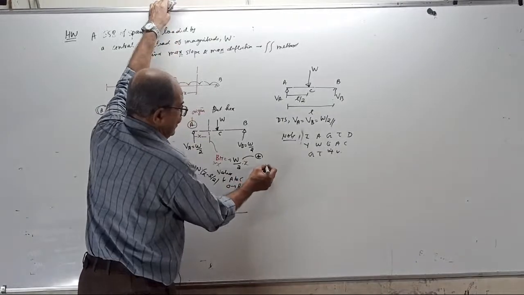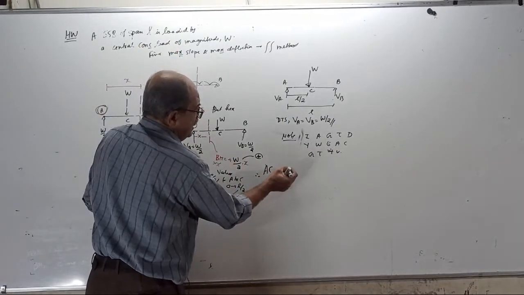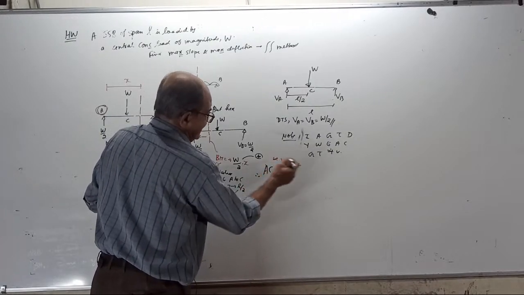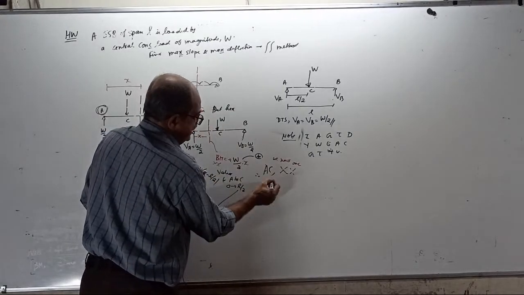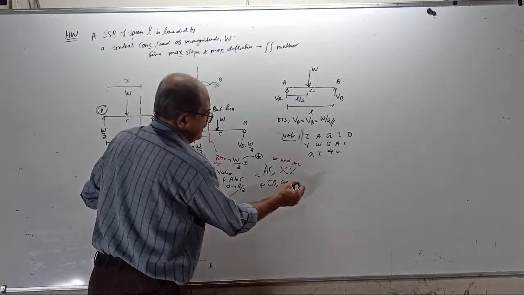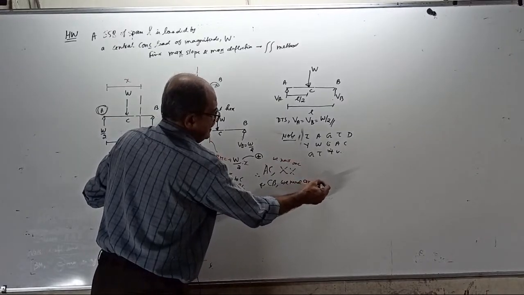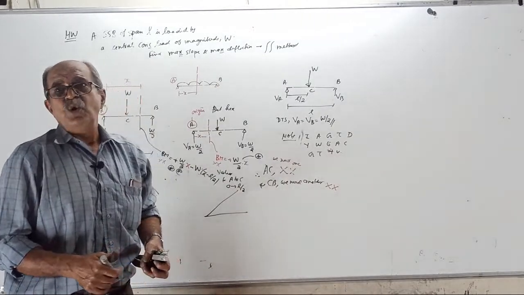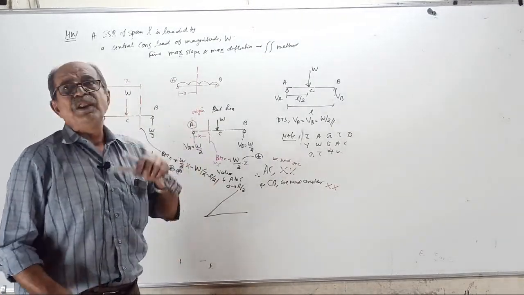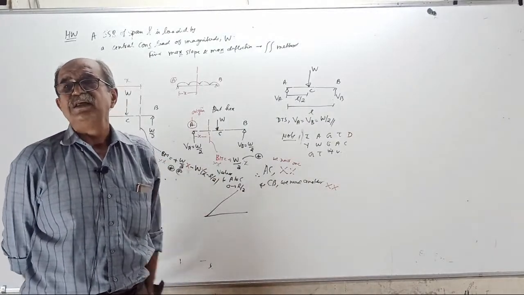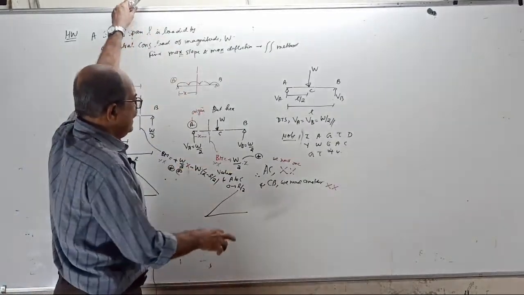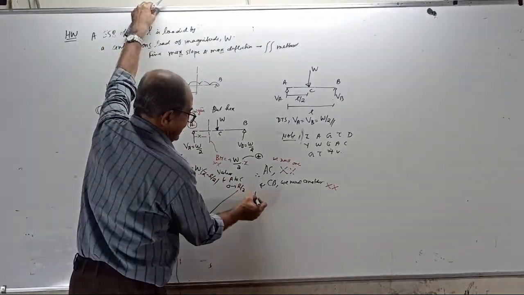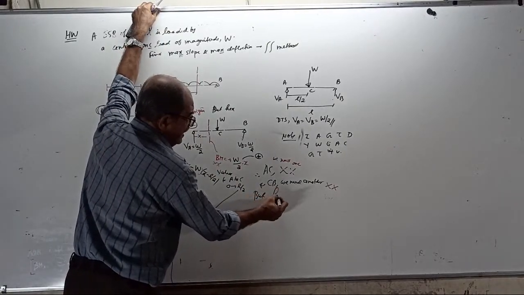Therefore, for the AC portion we need a section XX, and for the CB portion we need another section XX. That is okay, but a problem will come for the constants of integration. I will show you all that. Therefore, the problem comes. But fortunately,